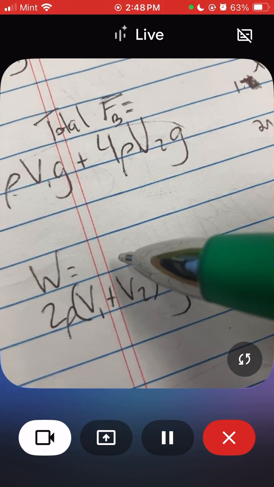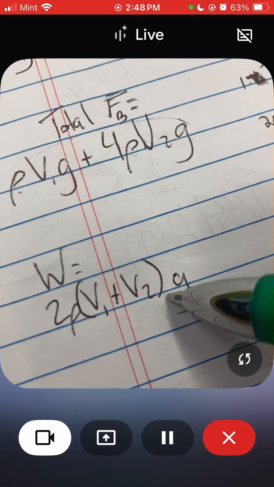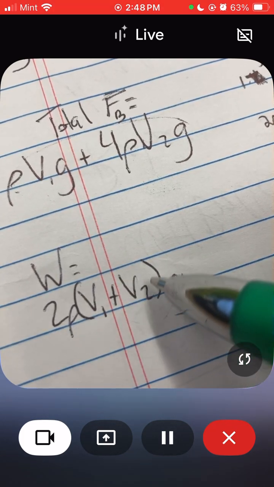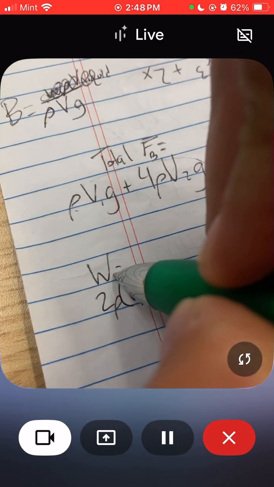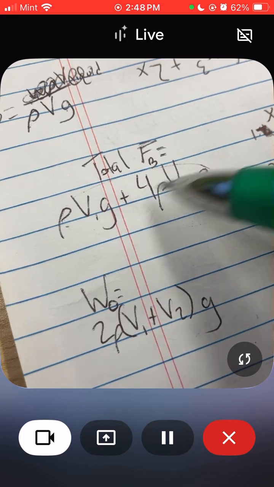Does that make sense? Okay, so that makes sense. So that's the density times the volume of the water displaced, which gives us the mass. Okay, so that's the weight of the object. And these two should equal each other because this is the total buoyant force and this is the weight